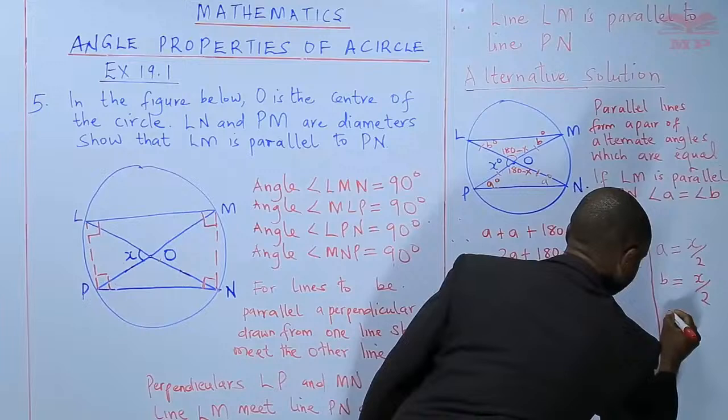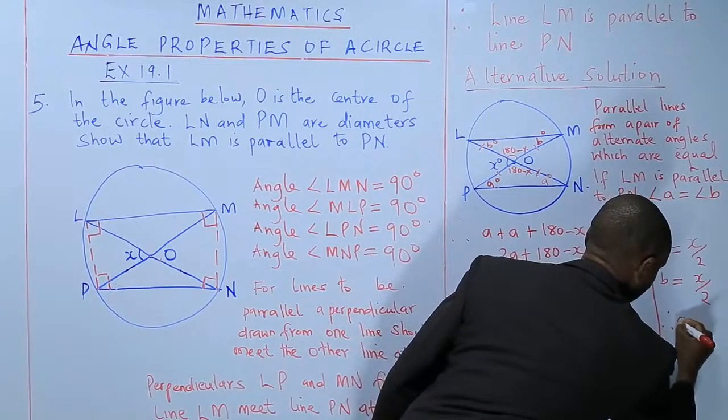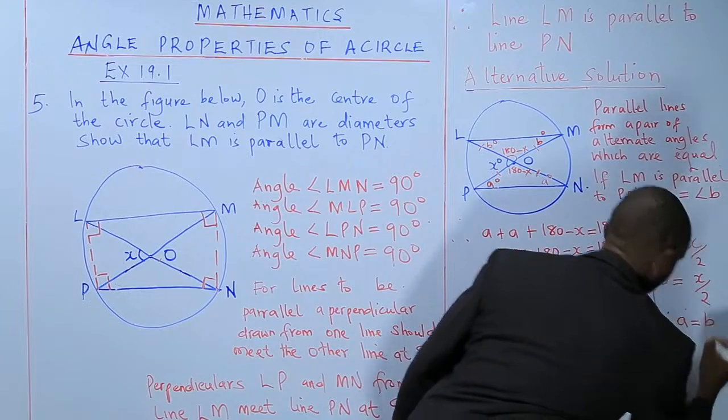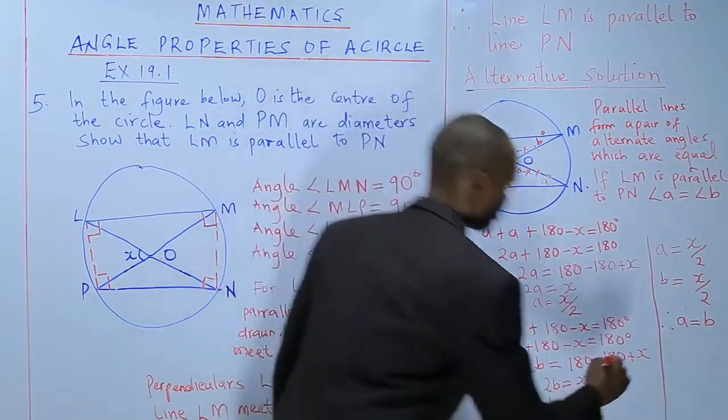Therefore, a is equal to b, and therefore